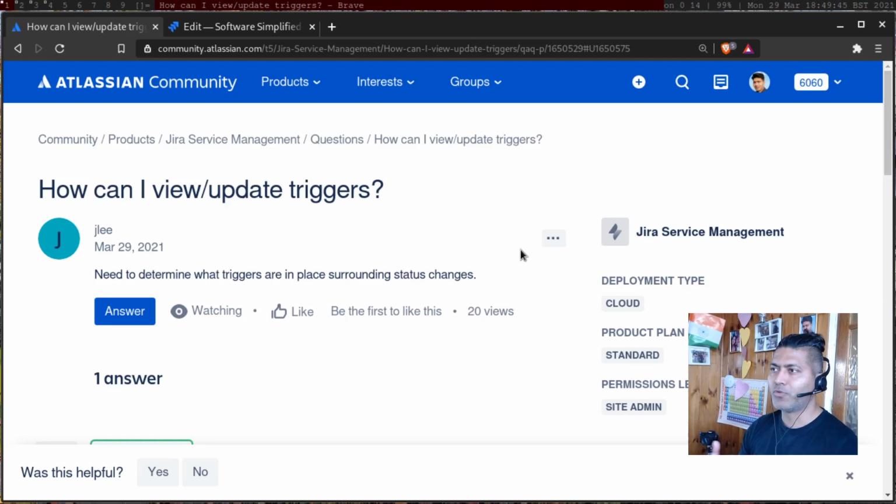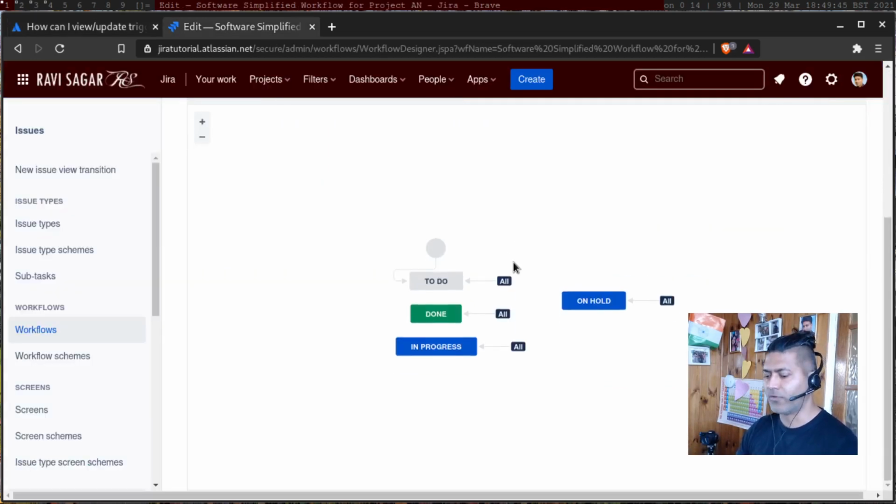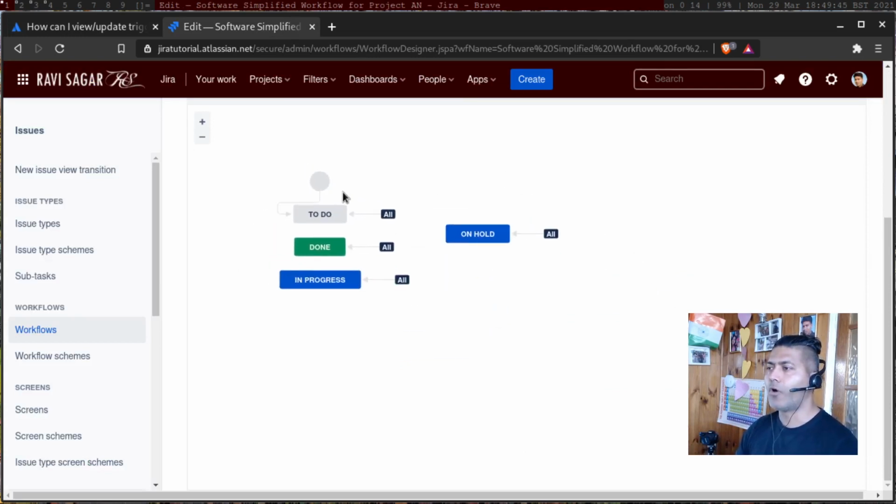Now let me show you one of my workflows. So this is my workflow, and of course it is a simplified workflow where basically you can go to any status from any status. So there are no specific transitions from, let us say, To Do to Done and Done to In Progress. It says right now All. But if you look at a workflow where you have